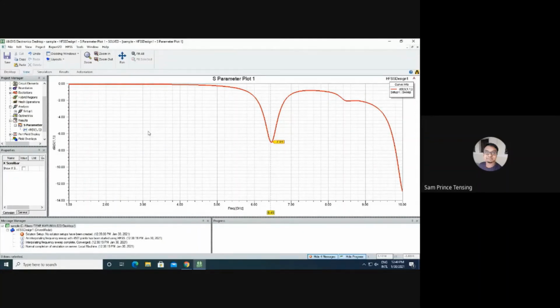Basically, you need to get good return loss. Our y-axis is return loss, and our x-axis is frequency. To make the antenna more efficient, we should get a return loss of more than 10 dB. Actually, it means the curve must come below -10, like -20, -25, -30. It means that the maximum power has been transferred and there is minimum reflection.